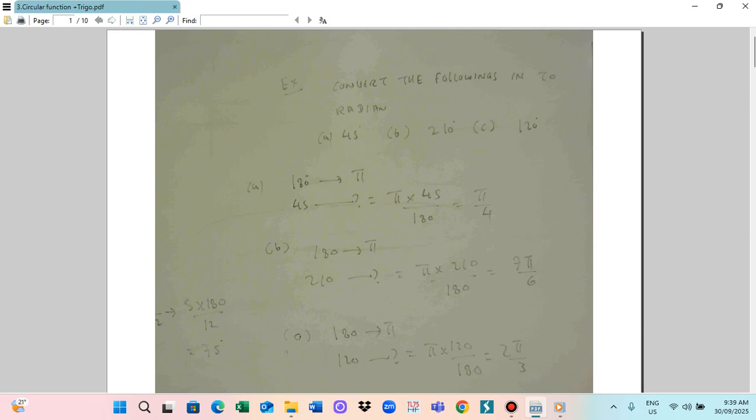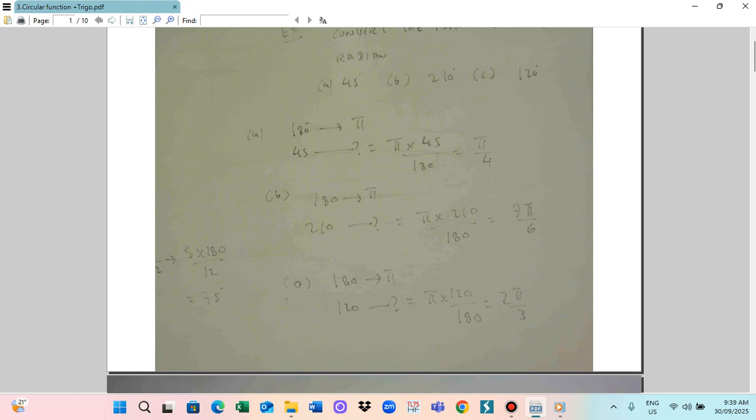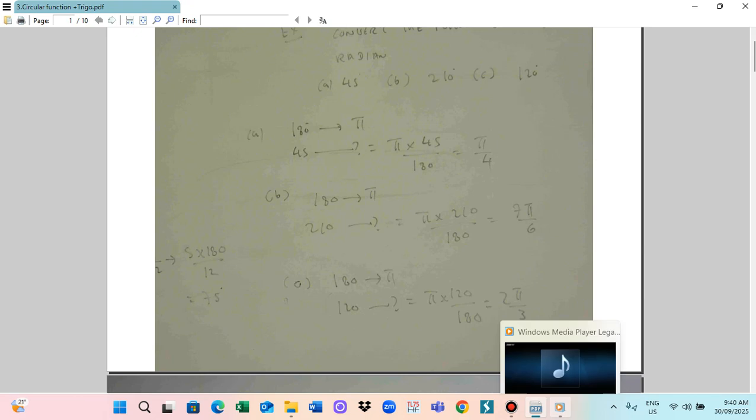The next one is to convert degrees to radians. So it's 210. 180 is pi radians, so 210 means pi multiplied by 210 by 180, so 7 pi by 6. So radians and degrees conversion is like this. Also, this is your calculation. Yes. So this is a circular function. Circular function means that this is the rotation